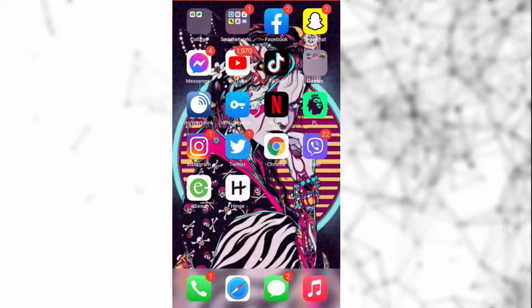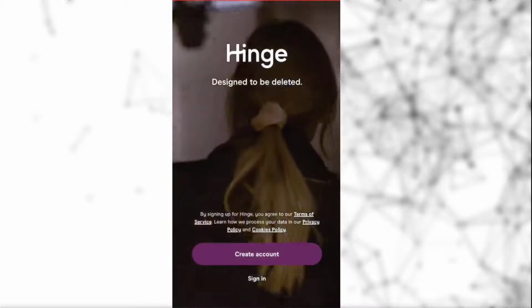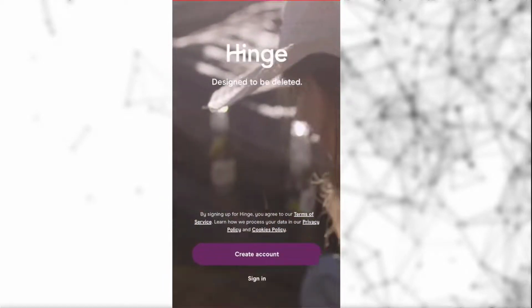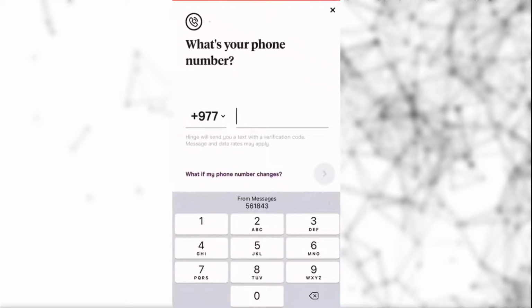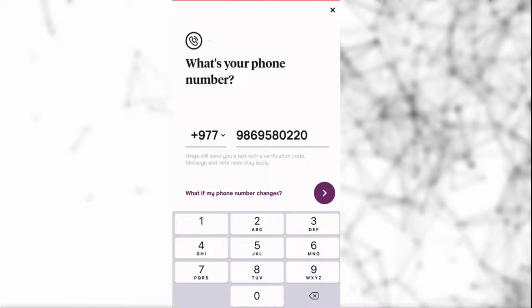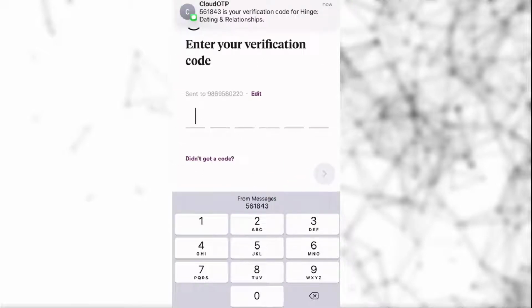Today I am going to show you how to create an account on Hinge. First you have to click on the app Hinge, click on create account, and type your number. Now the cloud OTP will send you the digit code, so you have to simply enter that digit code